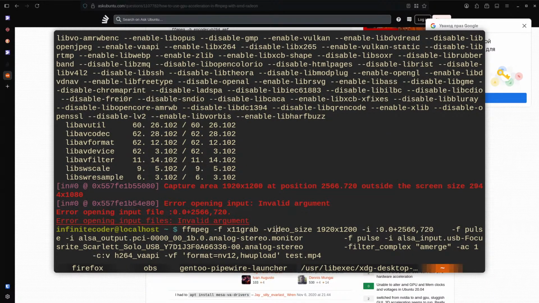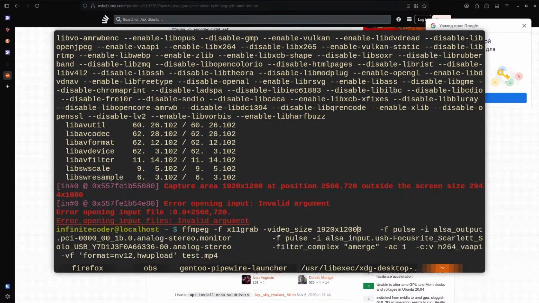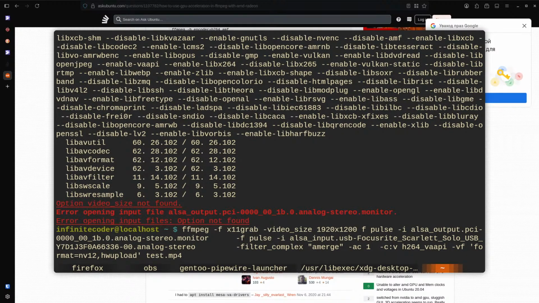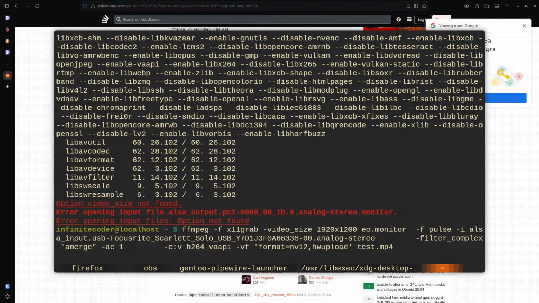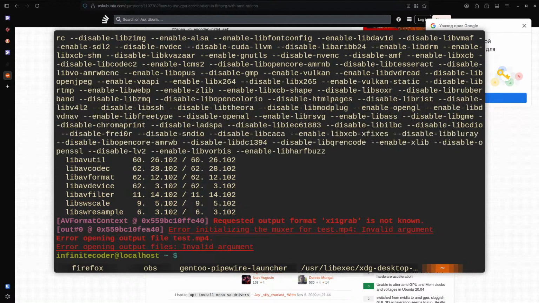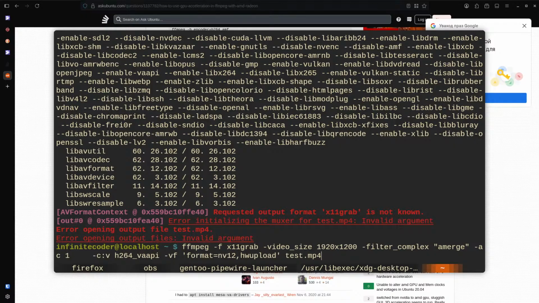Add position outside of the screen range. I guess I can strip the shy away, and I can strip the sound stuff away. Filter complex, amerge. Requested output format X11 grab not found. Huh. It did work before.